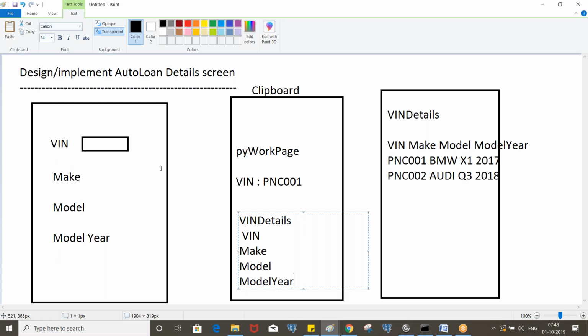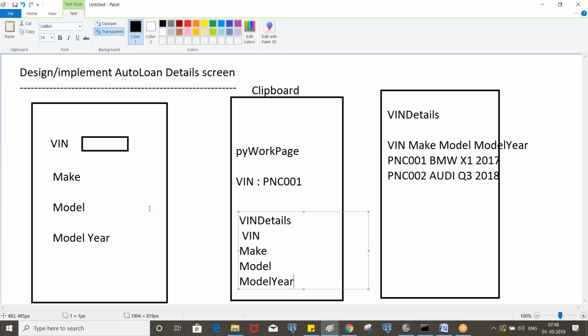Okay, so now let's say you are selecting some value and that is available on the PyWorkPage, right? If you assign some value to the properties and use those properties on the UI, you can see the same data. The UI is a replica of the clipboard. Whatever data you see on the clipboard, if you use those properties, you will see that data. Any question here? And we use the Property-Set method to assign the values to the properties. That's it. So this is how it is going to be.